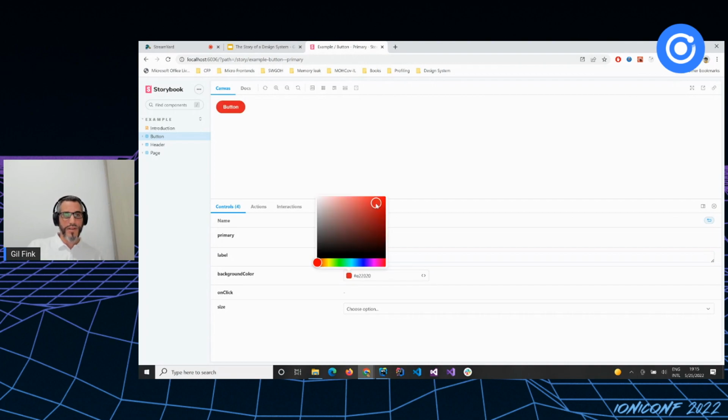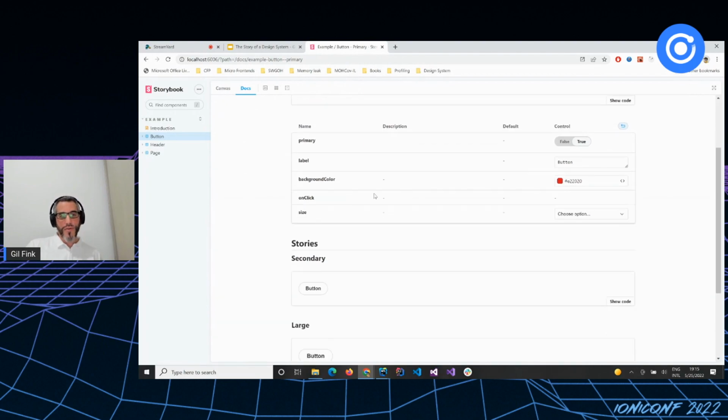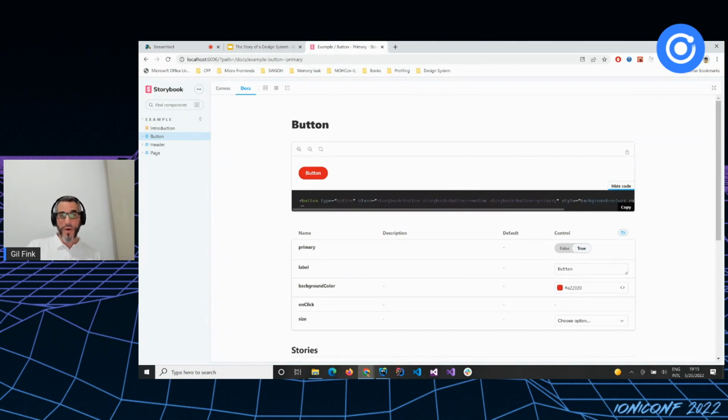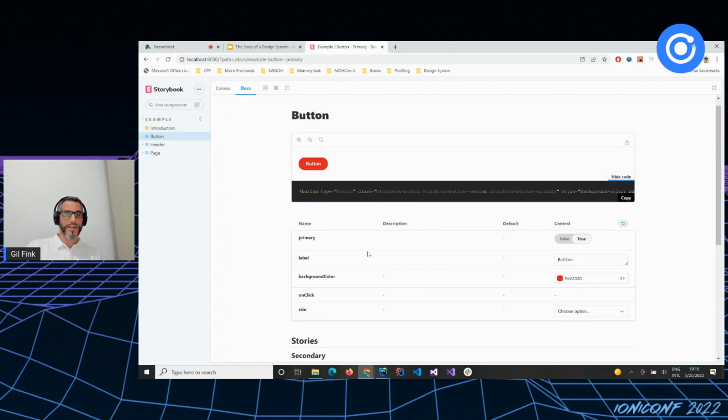Let's choose a different color for our button, and you can see here in the canvas how the button looks. You can go to the docs, and every developer that wants to look at your button and how to use it, you can show them: okay, this is a button with some configuration. These are the configurations that you can use, etc. And it is very, very helpful. So how can I wire Storybook